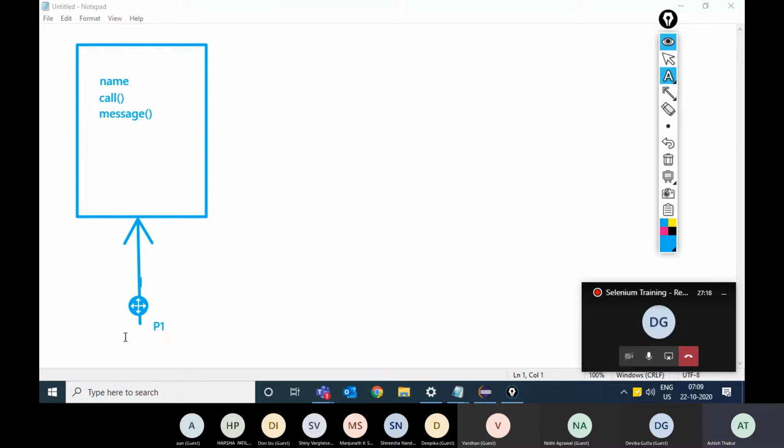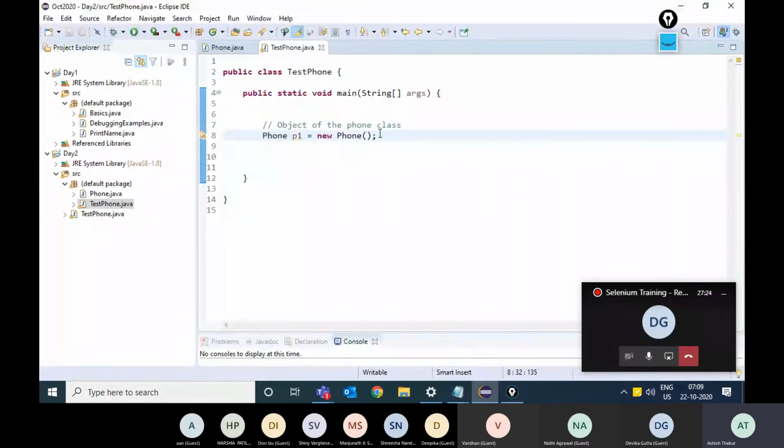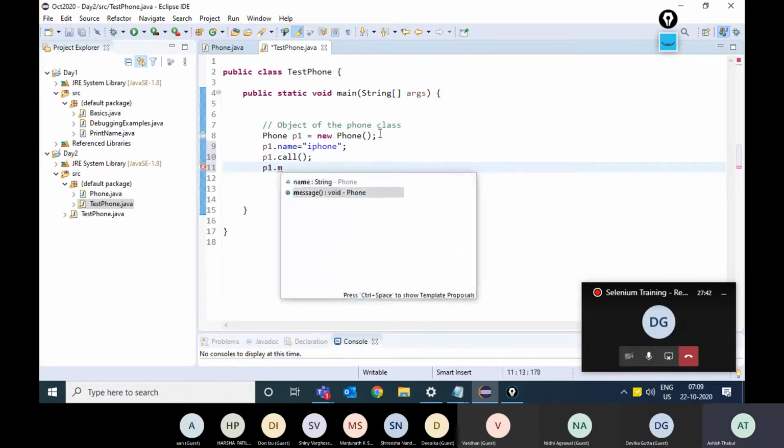With an object reference, you can access things inside the object. I can write over here p1.name is, say, iPhone. Yes, I can write p1.call and p1.message.